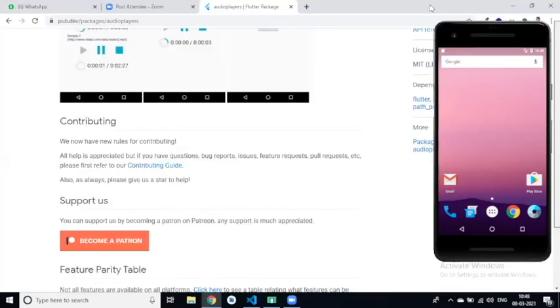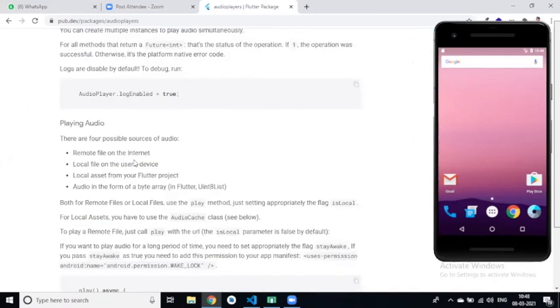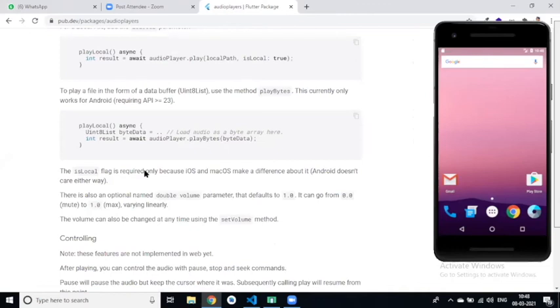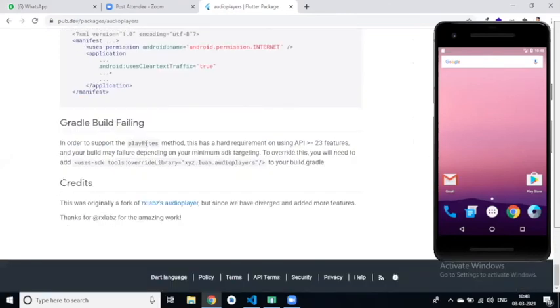So let's download any music file. Do you have any sound or music file in your system? No, Roshan.